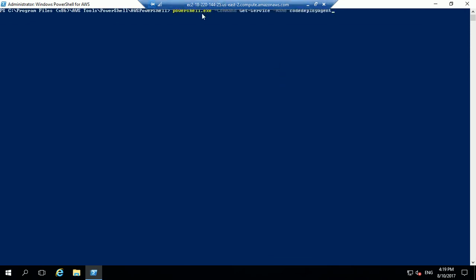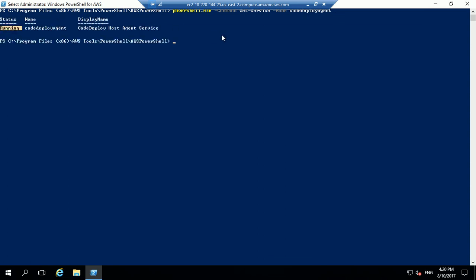The command is PowerShell.exe and the command name will be Get-Service, which will check whether the CodeDeploy agent is installed or not. So let's check that. It will show the status of the CodeDeploy agent. So let's wait for this command to be executed. Here we can see that CodeDeploy agent is running. So we can move ahead with the deployment process.